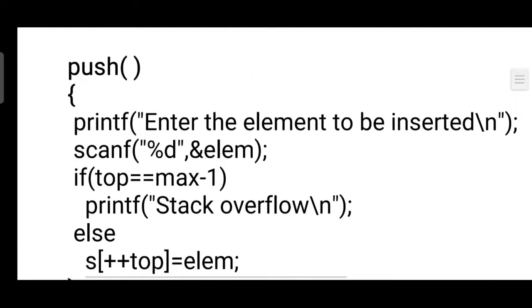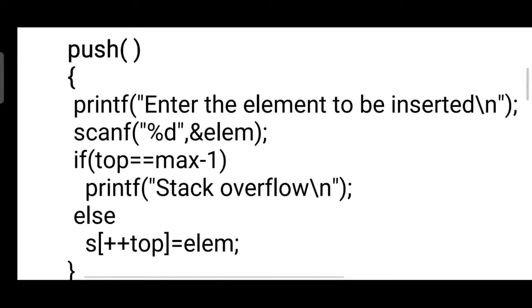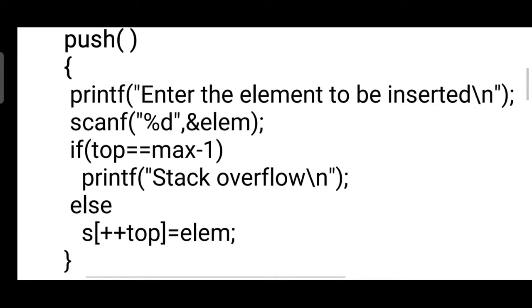That's it. Now we are supposed to write the body of each module. Push is a separate user defined function, pop is one, palindrome is one, display is one, and so on, right? For exit it is not required. For the fifth option, exit(0) is sufficient. It is defined in stdlib.h. That's why we are using stdlib.h as the header file. Then inside the push function, first we are asking the user to enter the element which is to be inserted.